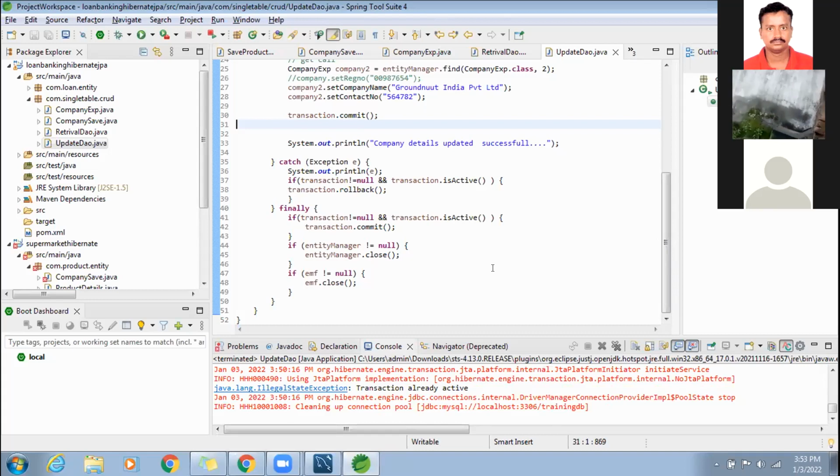Transaction already active. So it is coming here. Entity manager not equal to null, then em.close. So here it goes to java.lang.IllegalStateException. Begin.